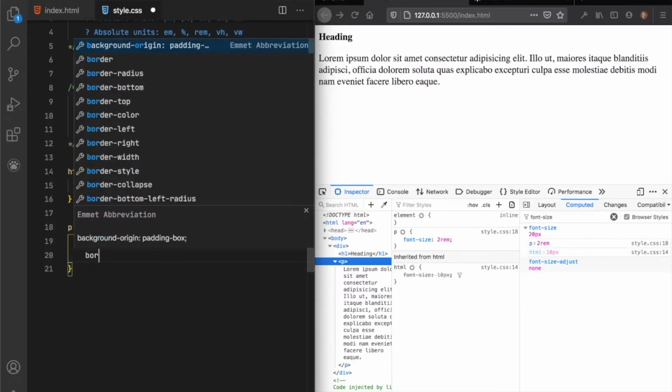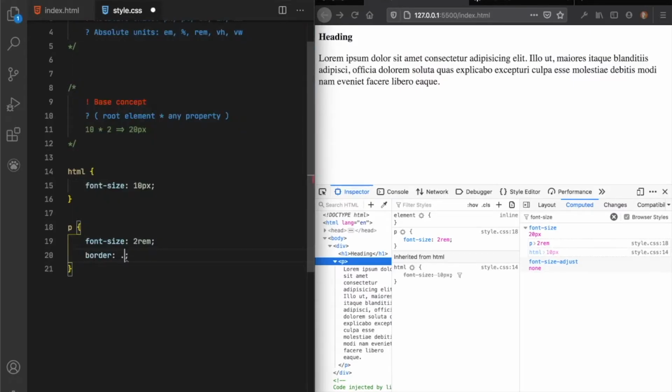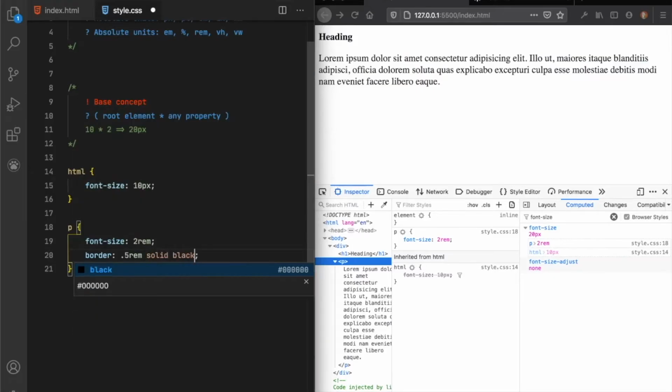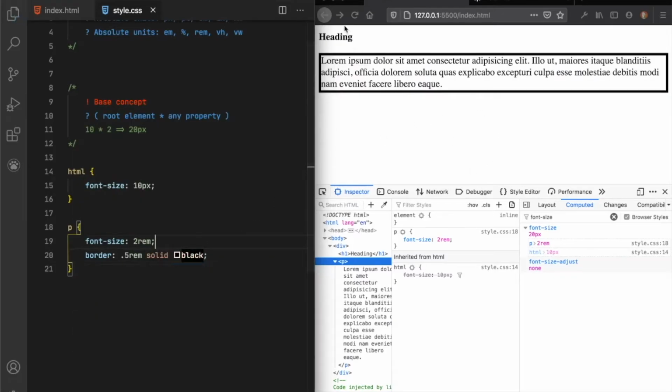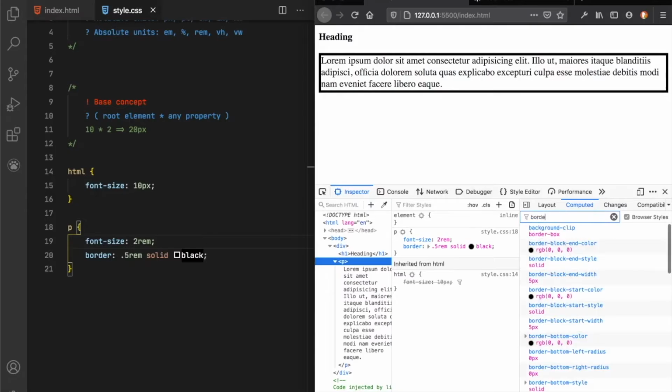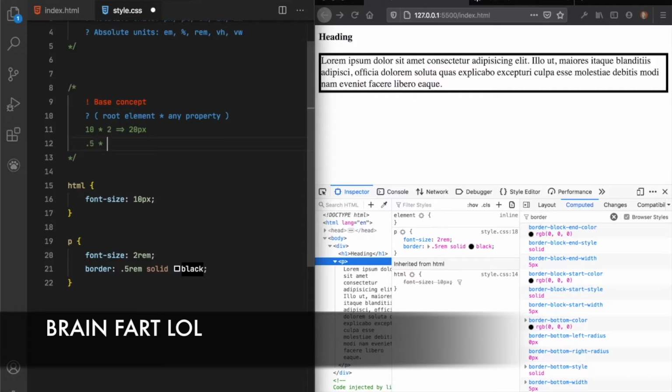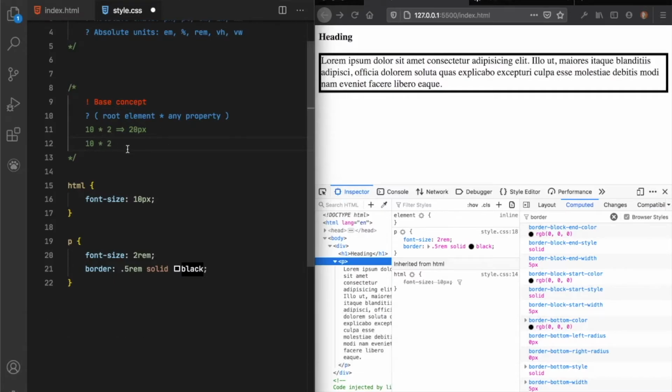You can even play with many more properties like border. Let's give a border of 0.5 rem followed by solid black. Now let's inspect this. Let's search for border, and you can see here, right, this is changed to 5 pixel, which is nothing but 0.5 into... I'm sorry, the root element is set to 10.